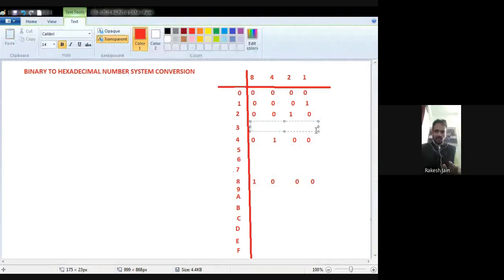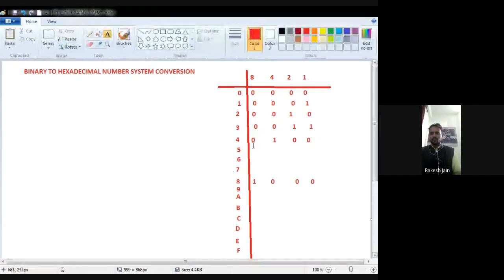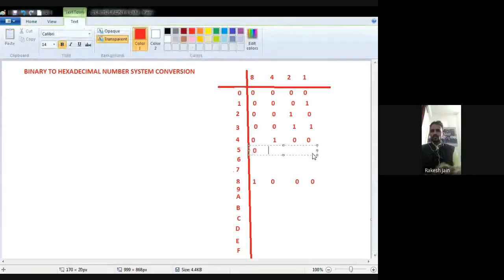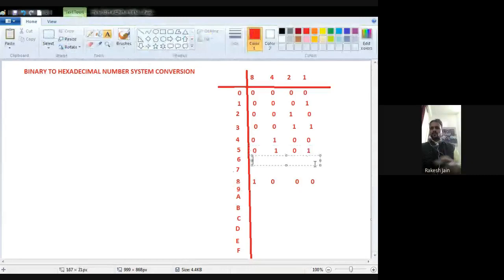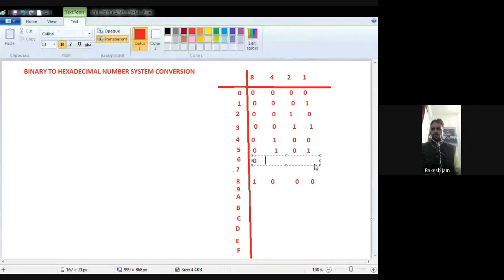The remaining digits can be represented in binary with the help of the addition of the formats 8, 4, 2, 1. For example, we want 3. Among 8, 4, 2 and 1, by the addition of which bits can we represent 3? By the addition of 2 and 1 we represent 3. That's why it is 0, 0, 1, 1. Similarly 5 is what? It is not 8, it is 4 and 1. Now what is 6? It is the addition of 4 and 2, so 0, then 1, then 1, and then again 0.